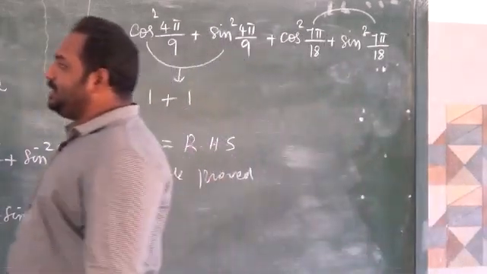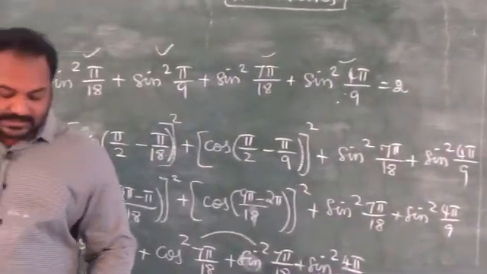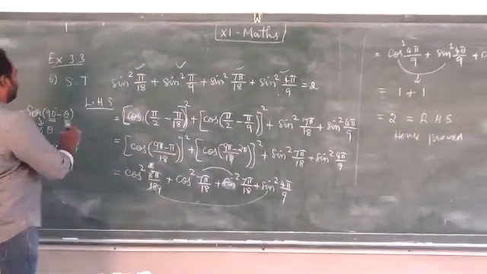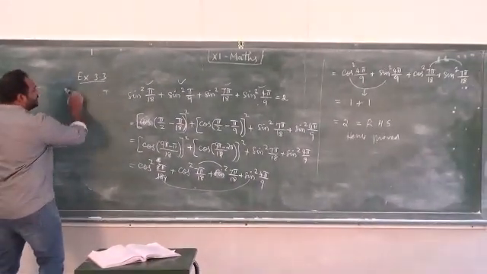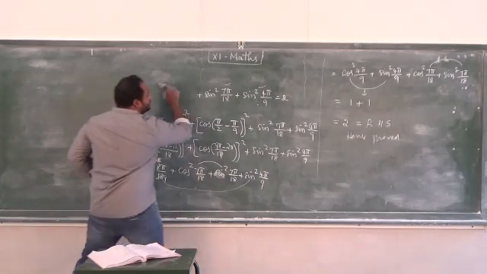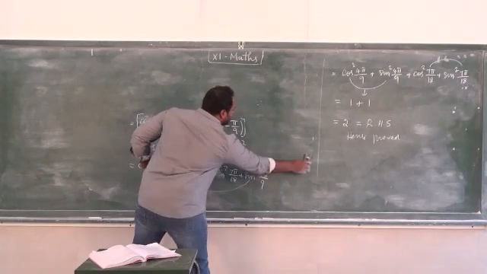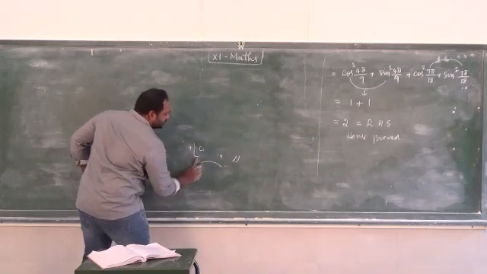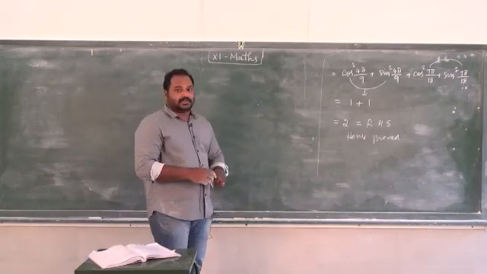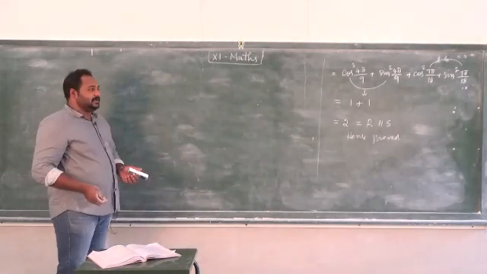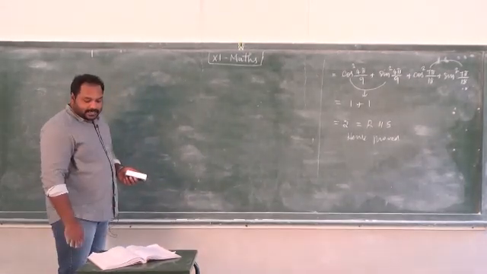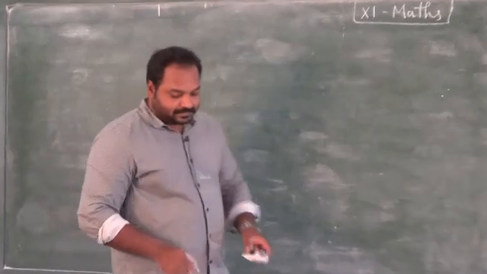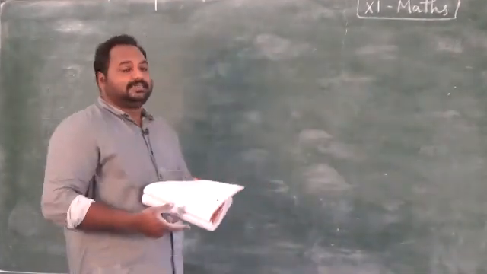So by this we have completed exercise 3.3. Next we are going to see exercise 3.4. Before learning exercise 3.4, we must learn some trigonometry identities which are related with the sum and difference. Here are very important identities I am going to give you, 6 identities, which are very essential to learn for the future classes and also 12th standard. So learn them properly before learning exercise 3.4.